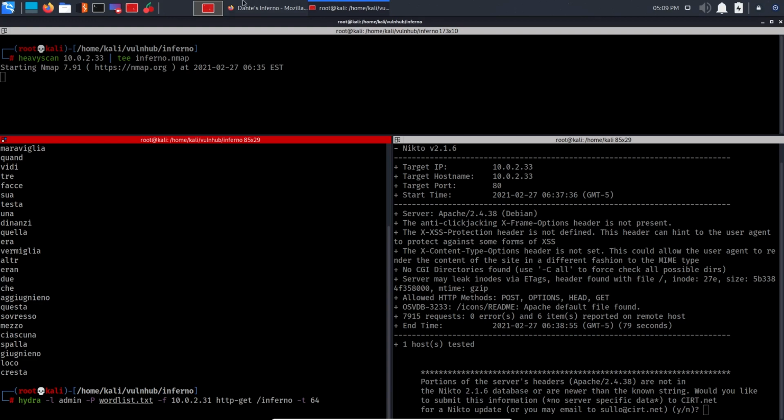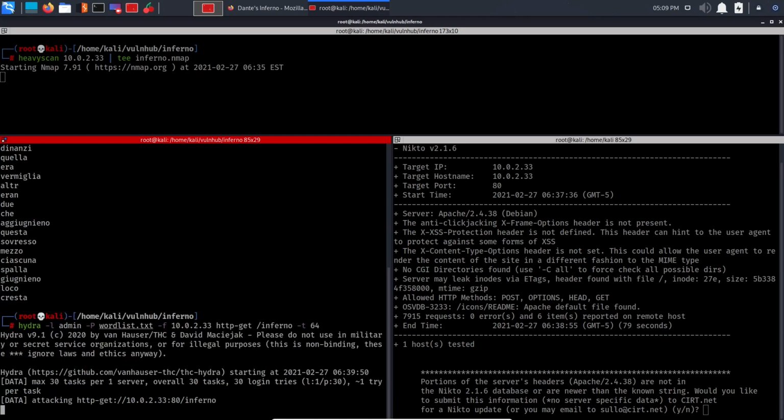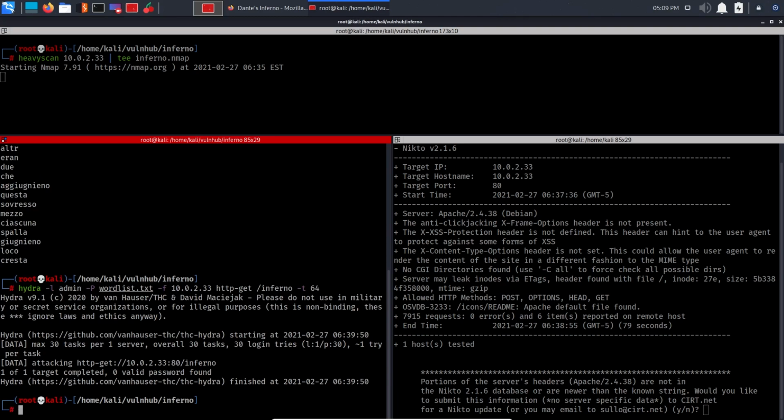Then Inferno as the URL, because first let's change the IP address to 33, since that was the IP address of the machine. The subdomain, and again 64 threads. Let's run it, and it's not much, so no password found. Since that didn't work, we could now go back to the default